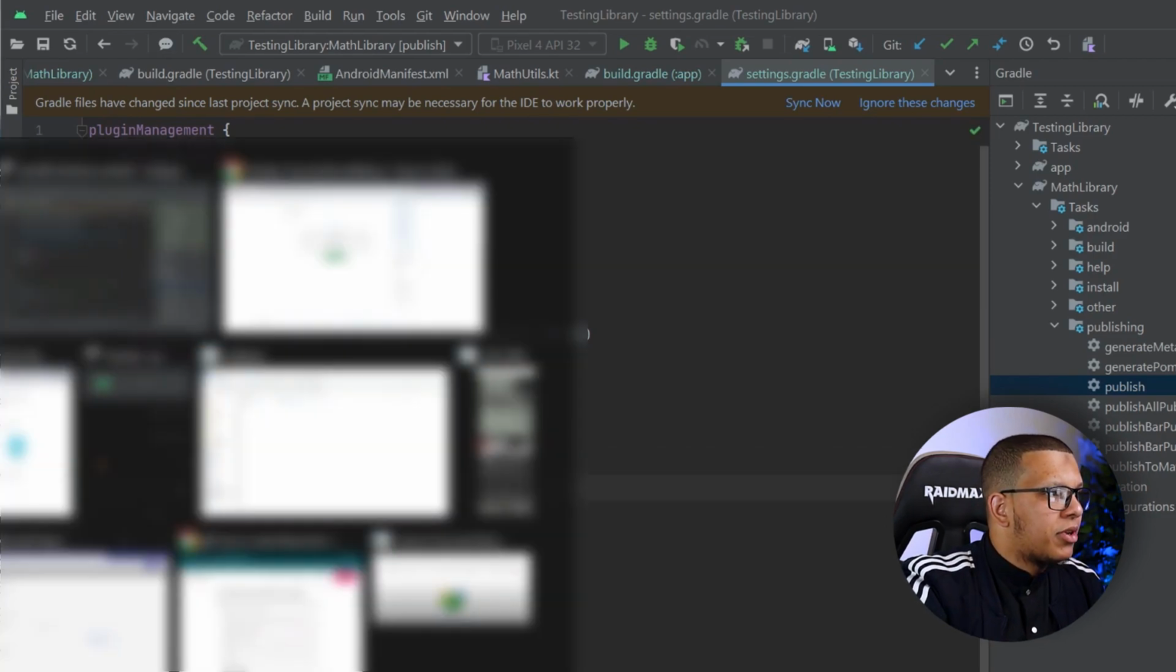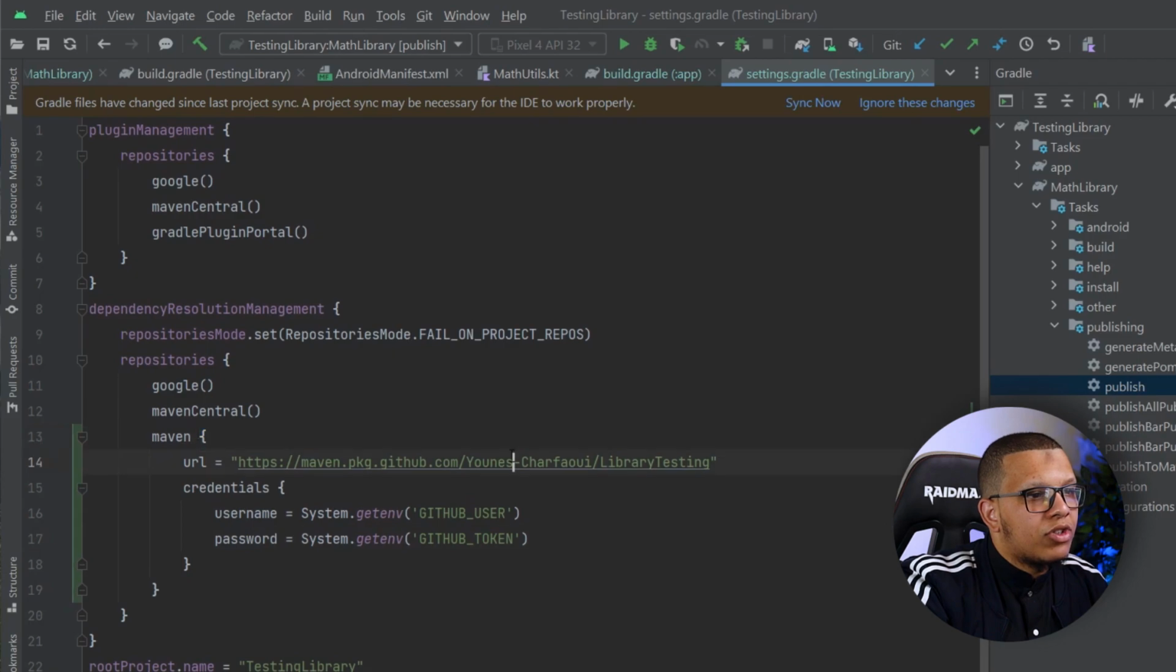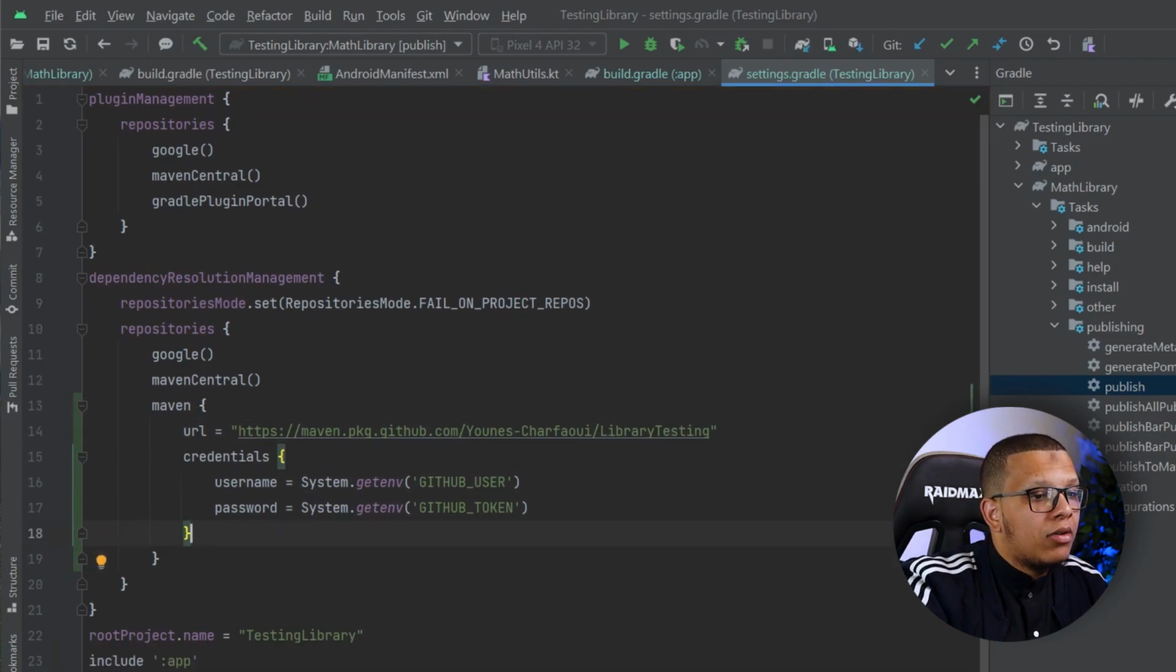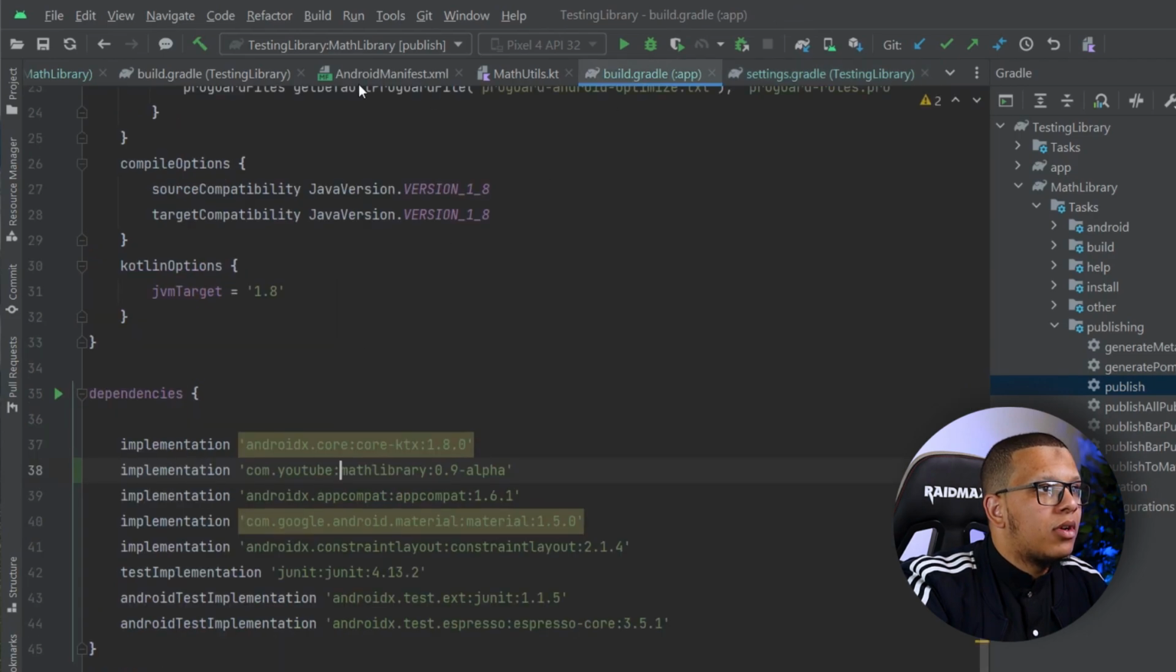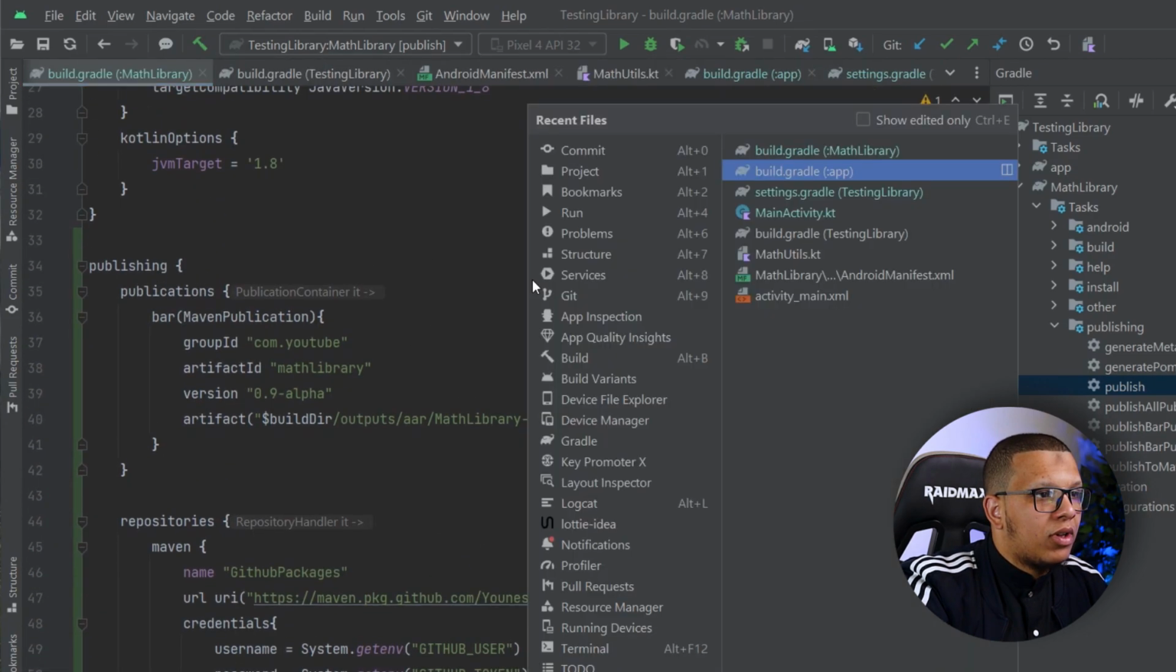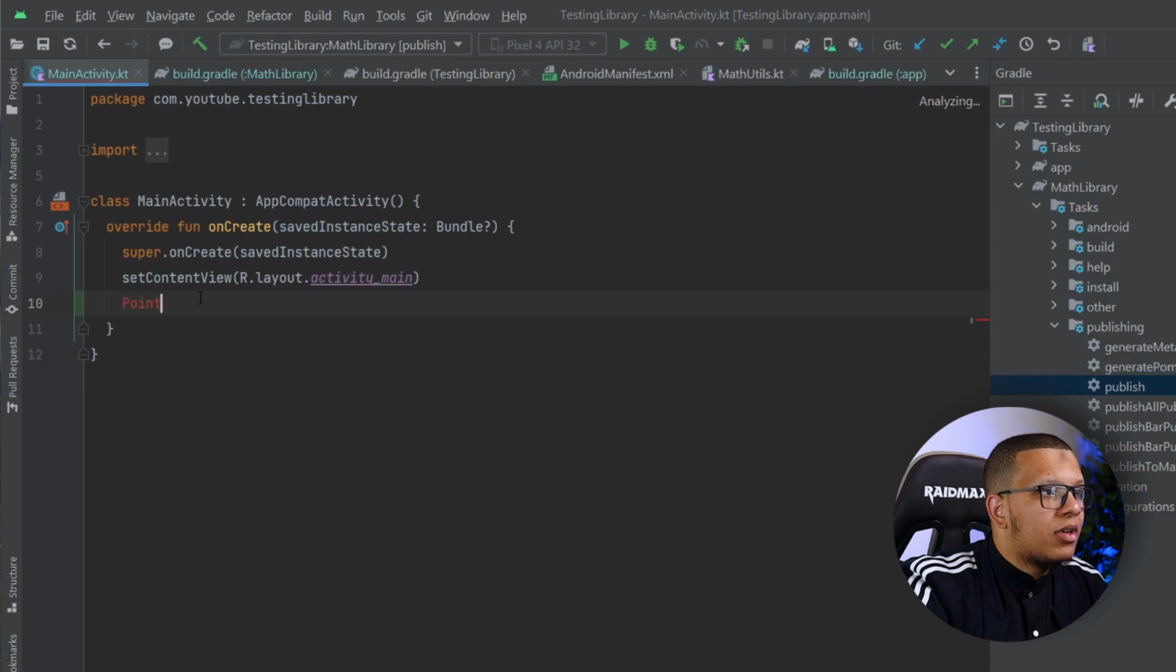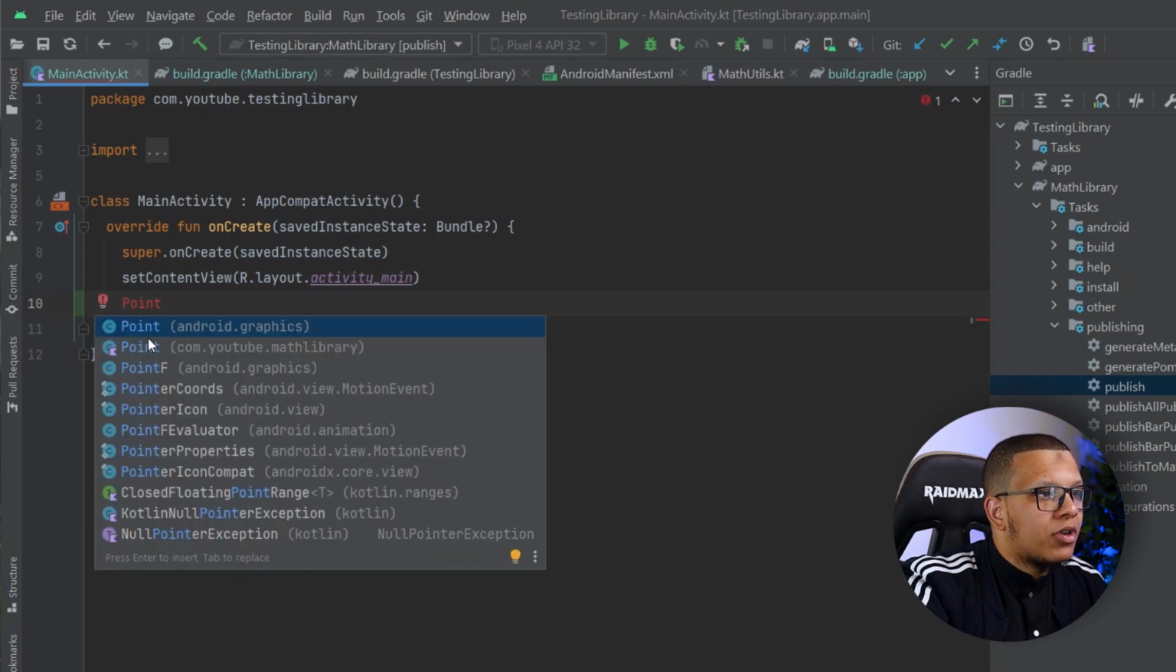So let me just copy and paste those. It will be this thing, which is the same thing, credentials and password. Sync it right now. Now it will be able to download it. And if you check it, it will download it right now. If you go to the main activity, now if you try to see for the points, you're going to find